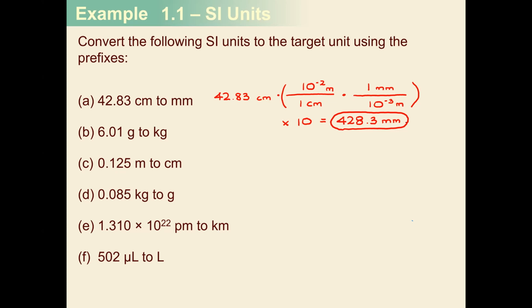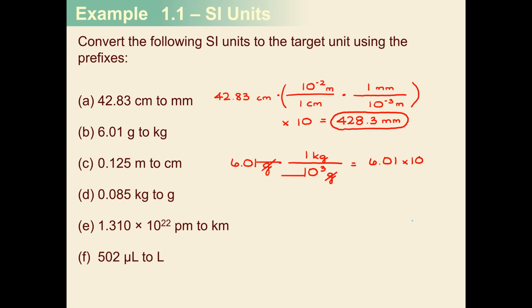So let's go ahead and try B and C, and that will finish us up for this video. Let's try with B. I've got 6.01 grams, and I want to go to kilograms. So how do I do that? Well, I can say 1 kilogram is going to be 10 to the third grams. This means that my grams and grams will cancel, and I'm going to be left with a value of